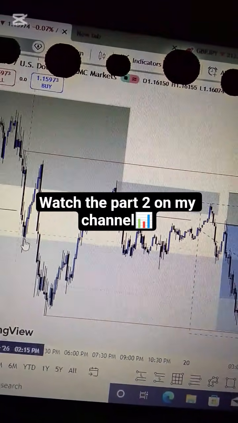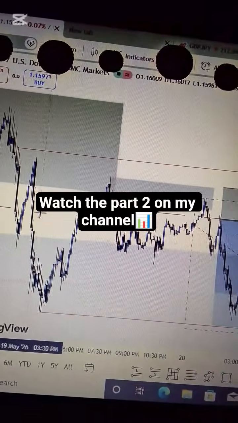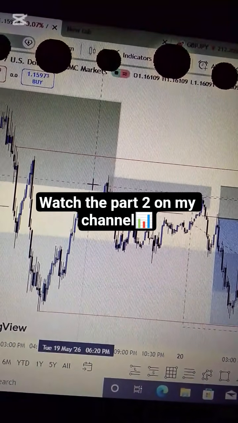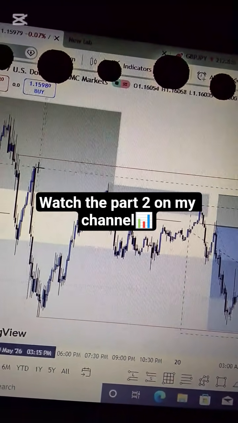Because if you check from this zone, we don't have any sub liquidity here before the market dug into this area. But let's say if the market took out this low, then we'll say, okay, maybe this low is